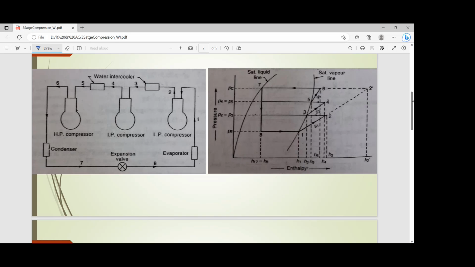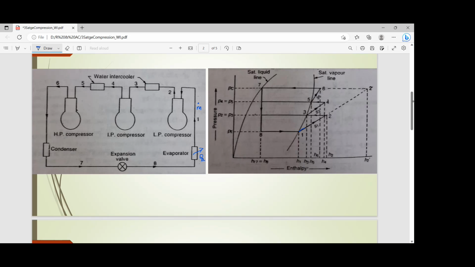Okay, so it is in the evaporator that the heat is extracted. Okay, so that is your heat absorption from the region or space which needs to be cooled. Okay, so the mass flow rate is going to be constant. So the refrigerant flows through the low pressure compressor. It is cooled in the intercooler where de-superheating takes place, and at the end of the de-superheating, so if you